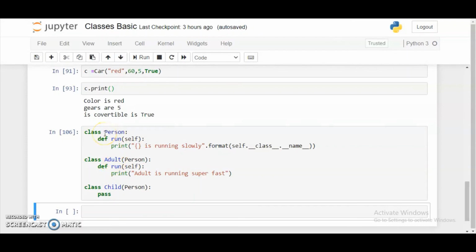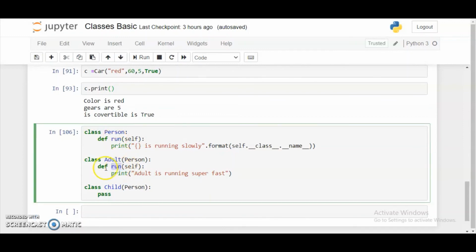So here we have a class person, and it has a function called run, and we have two derived classes, adult class and child class. And in the adult class we have a function named the same as the person class function, the run function here, which is the same as the run function here, but the functionalities of both these functions are different. Here something is written and here something else is written, right?